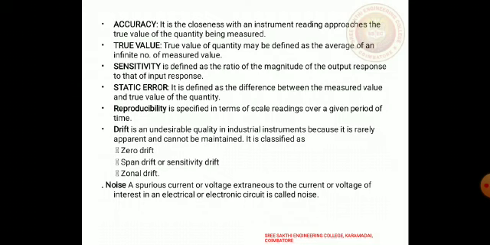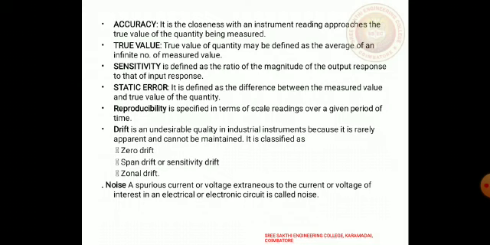Next, linearity. Linearity is defined as the ability to reproduce the input characteristics symmetrically and linearly. And the next one, non-linearity. It is the ratio between the maximum deviation of output from the idealized straight line and full scale reading. Next, reproducibility. It is the degree of closeness with which a given value may be repeatedly measured. Repeatability. It is defined as the variation of scale reading and is random in nature.